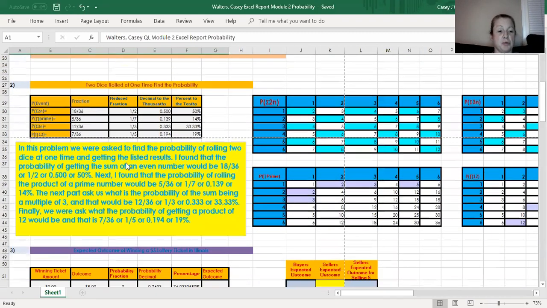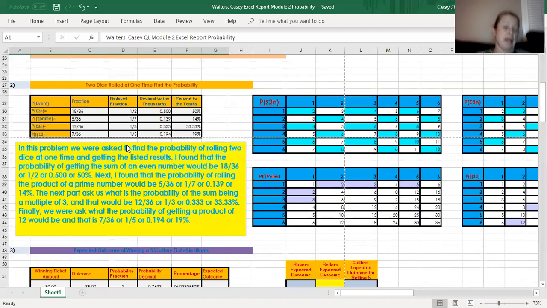Now, number two, in this problem, we were asked to find the probability of rolling 2 dice at one time and getting the list of results. I found that the probability of getting the sum of an even number would be 18 out of 36, or 1 out of 2, or as a decimal, it'd be 0.5 or 50%. Next, I found that the probability of rolling the product of a prime number would be 5 out of 36, or 1 out of 7,